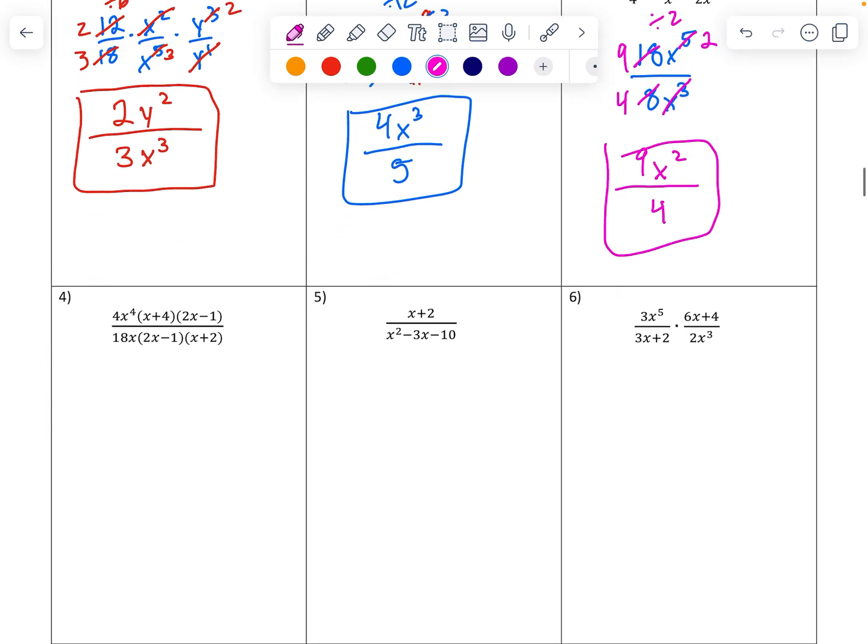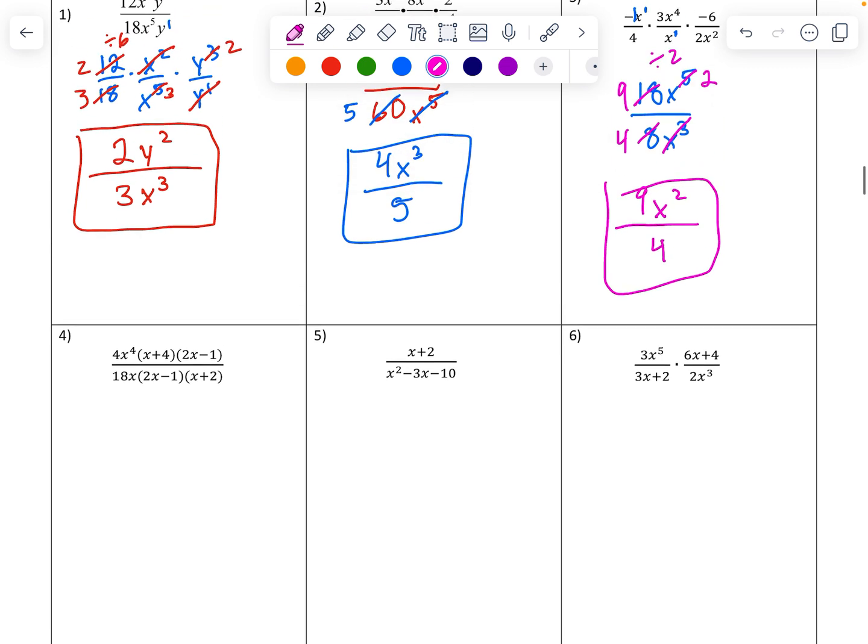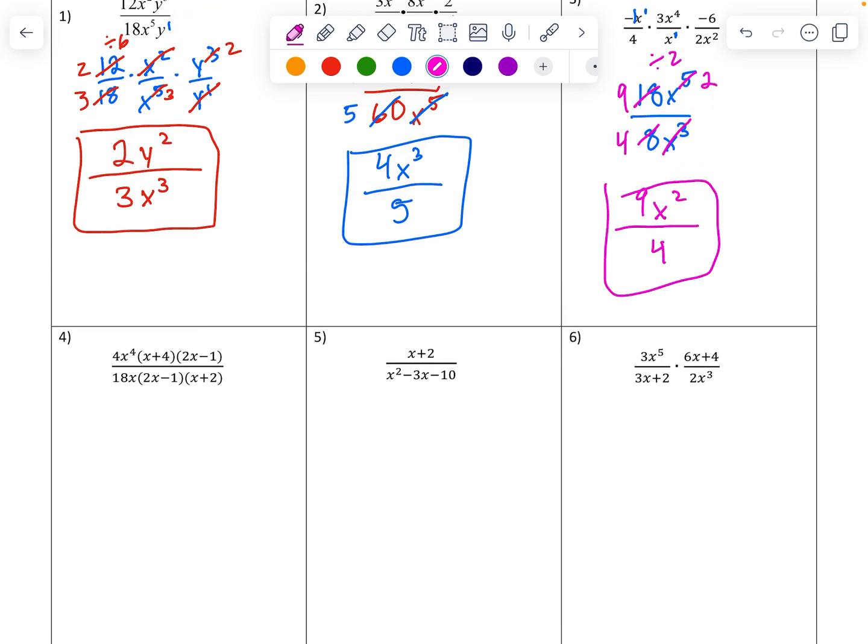All right, let's check out number 4. So number 4, they've actually put it in factored form. So we have a few different binomials, and in the front, we've got some monomials hanging out. So things to look at. Each of these, because they're touching, are being multiplied. So if you want to, you could break it up, kind of like we did problem number 1, and you could split them into parts. Or we could look at the things on the outside. So looking at just this part,